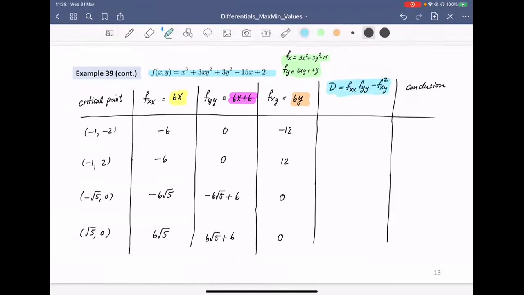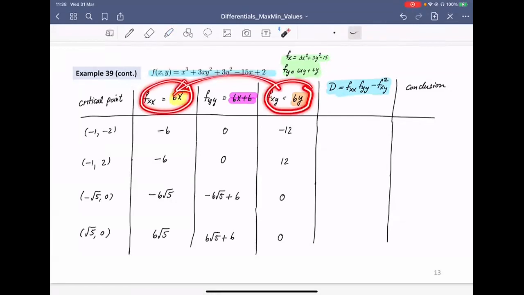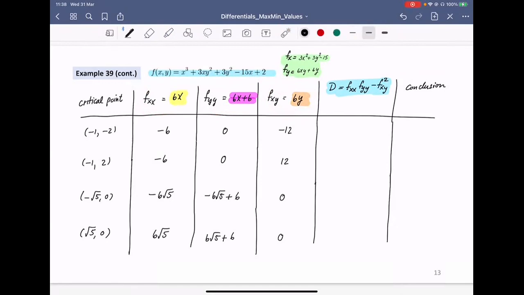And now you compute your function D, which is going to be the first column times the third column, and then minus the second column squared. This is what I call the first column, and this is the third column. You multiply them together, and then you subtract the middle one squared. All right, so you're going to get